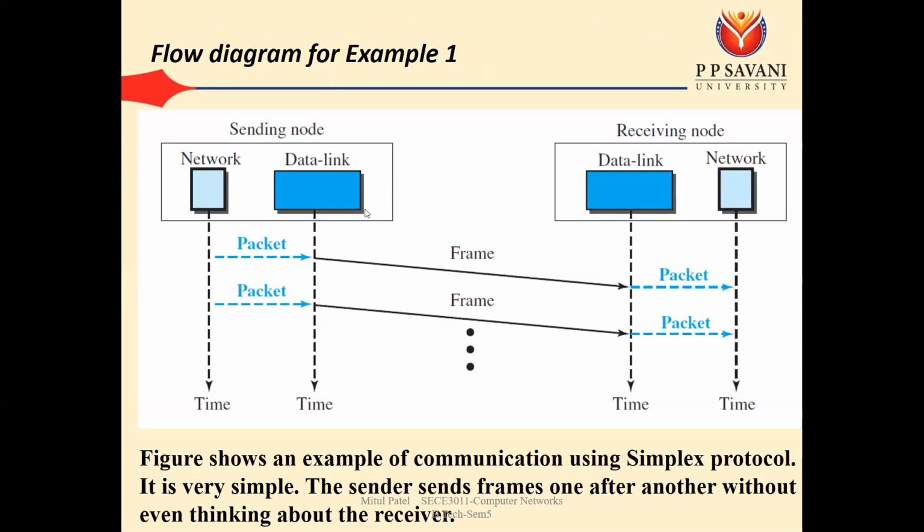Okay, so we can see the flow diagram of this simple protocol. So network layer પછી જેવું packet આવે છે, we have created the frame and we have sent it to the receiving node. Here data link layer has received the two packets, so both frames are sent to the receiving node. And here we can say that there is no acknowledgement, as well as no flow control and no error control. જેવું packet આવે છે, sender has to create the frame and send it to receiver, and it is for noiseless channel. So we will assume that there is no packet loss or no frame lost.